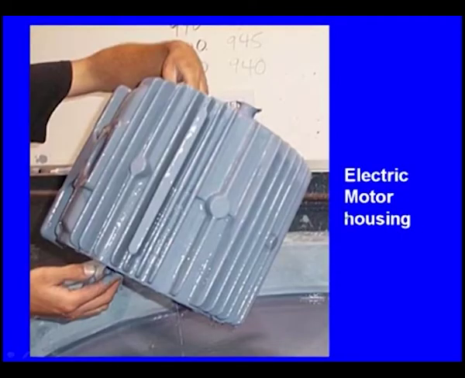Now, here you can see this is an electric motor housing, and inside there will be armature and coils. Inside it is a big hole, a cavity. Now, see how this is made. Initially we make a cavity of this shape and inside we place the core. That is how we get the electric motor housing.